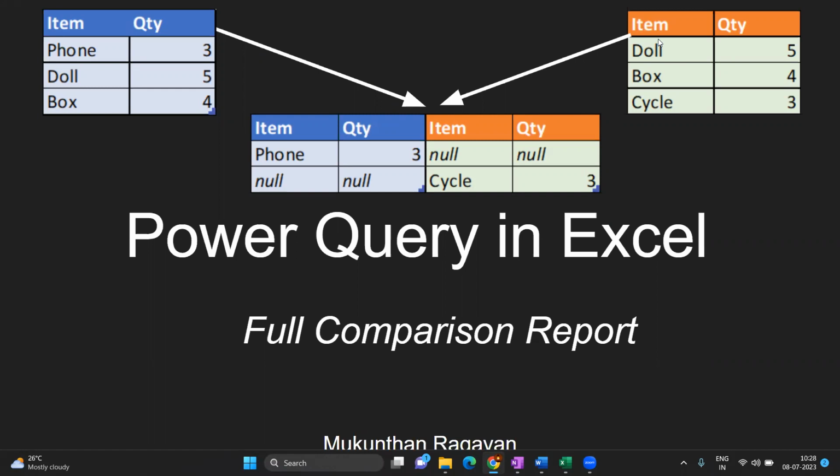I want to see all the records present only in the left hand side. In the first, left hand side table, you can see phone, doll, box. On the right hand side you have doll, box, cycle. If you compare both, the phone record is present only on your left hand side, whereas the cycle record is present only on your right hand side table. The remaining records are present in both